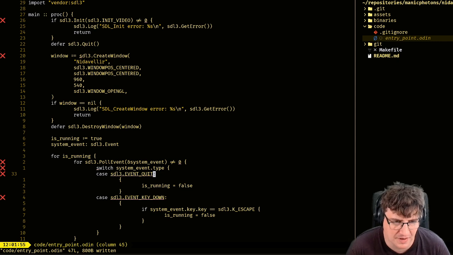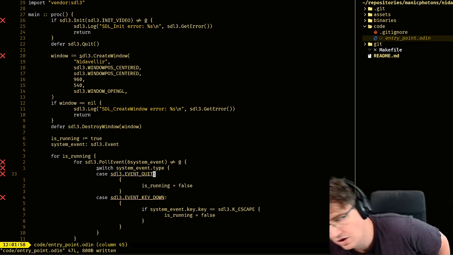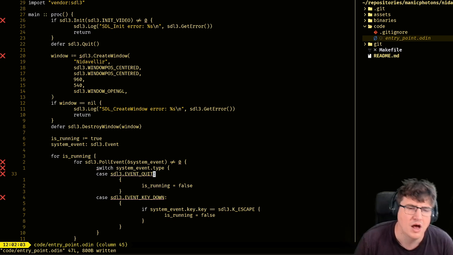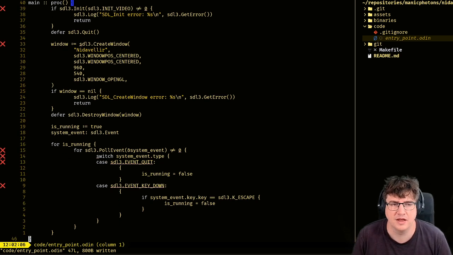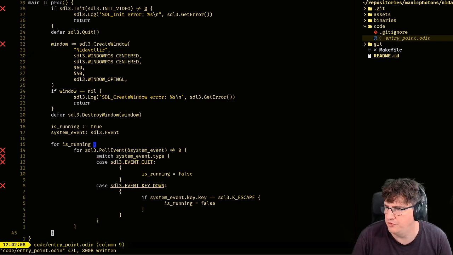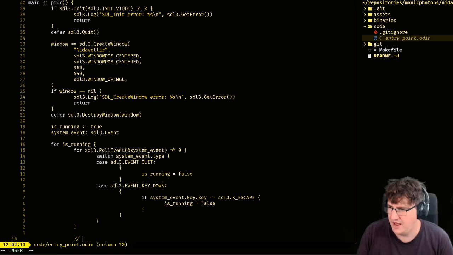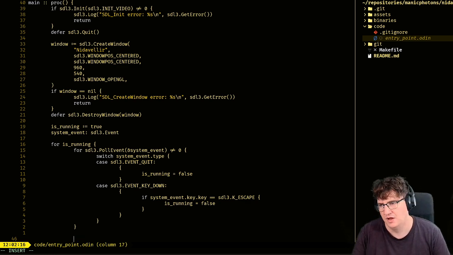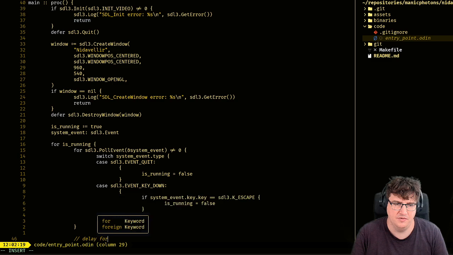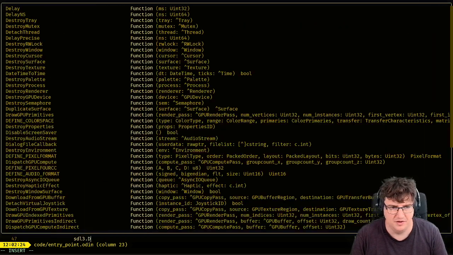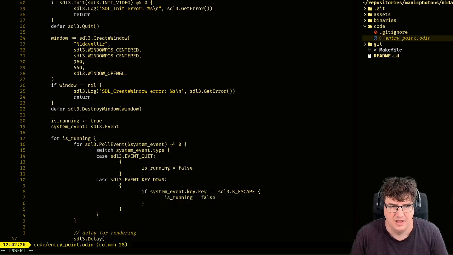Yeah, it's bound to happen because I'm using Odin format, which comes with OLS, I believe, the Odin language server, which is triggering that. So I need to set up my formatting rules. And then let's just add a delay for rendering, and we'll just say SDL3.delay, and we can pass in a number of milliseconds, so let's add 16 milliseconds. Why not?